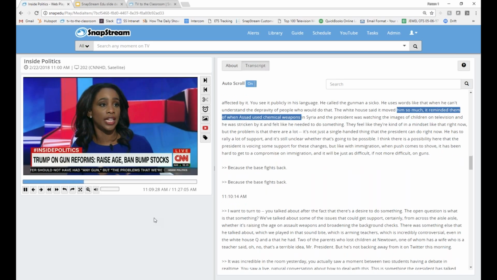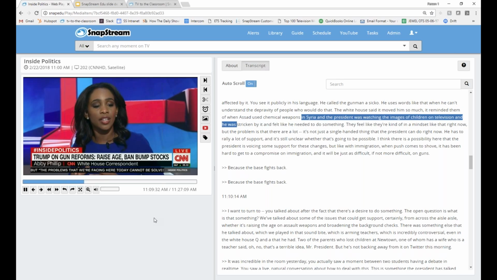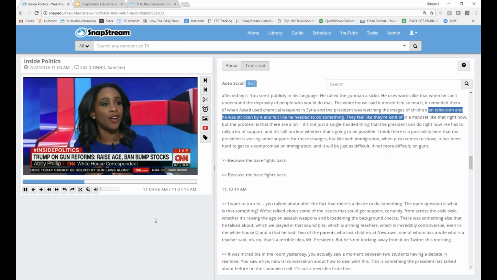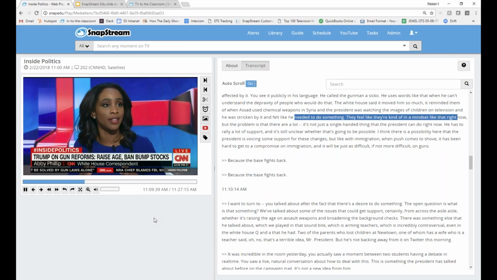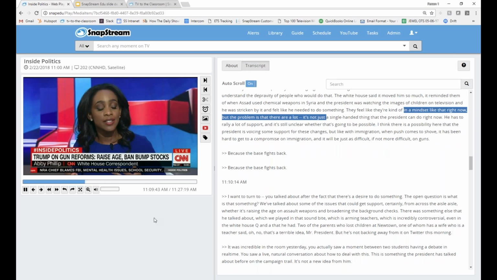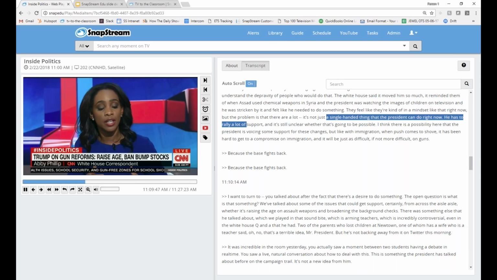This is something that's very unique to SnapStream Edu. And frankly, it's a proprietary feature set that you will not find with any other products out there. This can be disabled, but I do just want to explain the power of this feature real briefly.